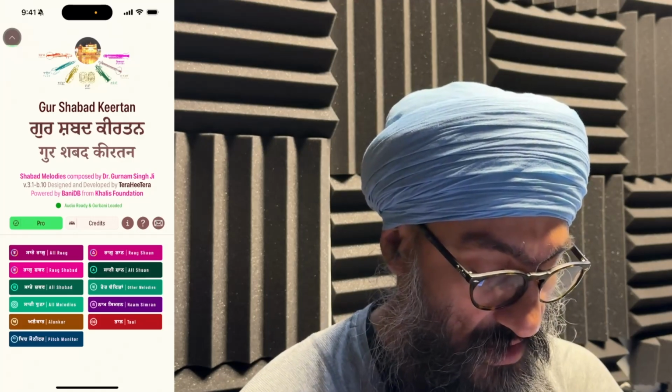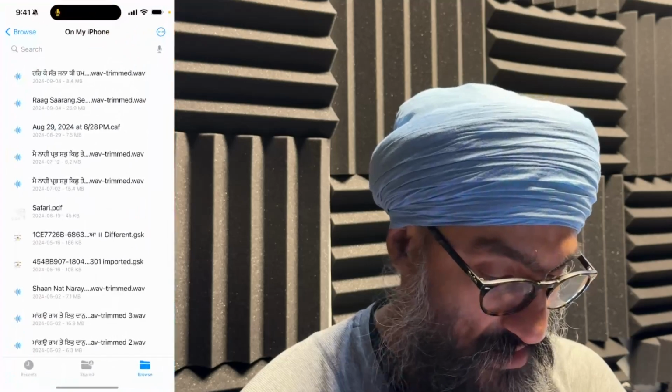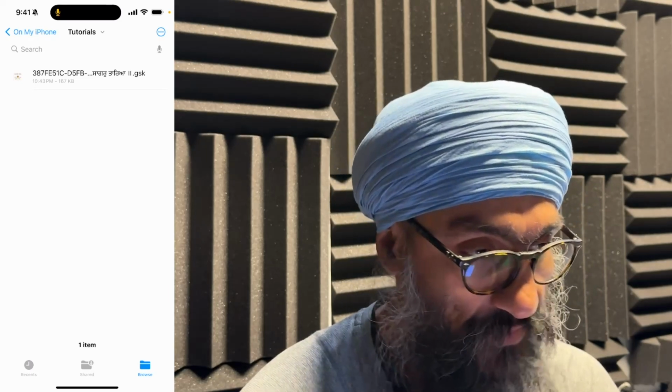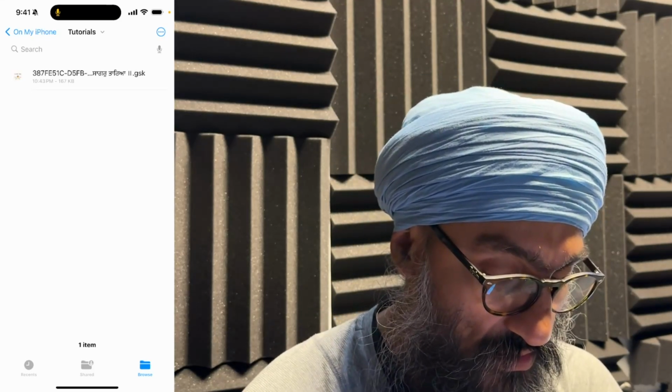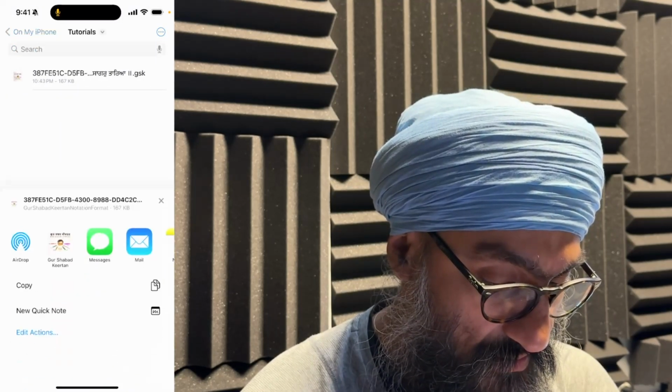So let me just go back. I'll go to the files. Let's say I have this composition shared in a GSK format. GSK is a GurShabadKeertan notation format. It's a human readable format. So if you tap it and then say share,